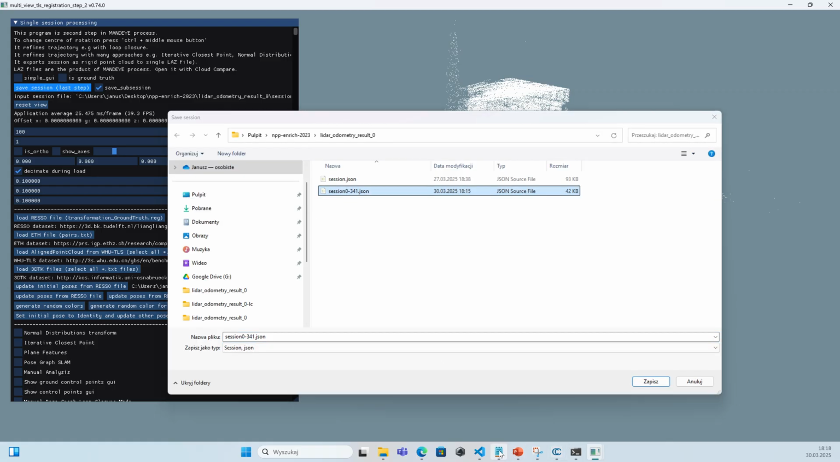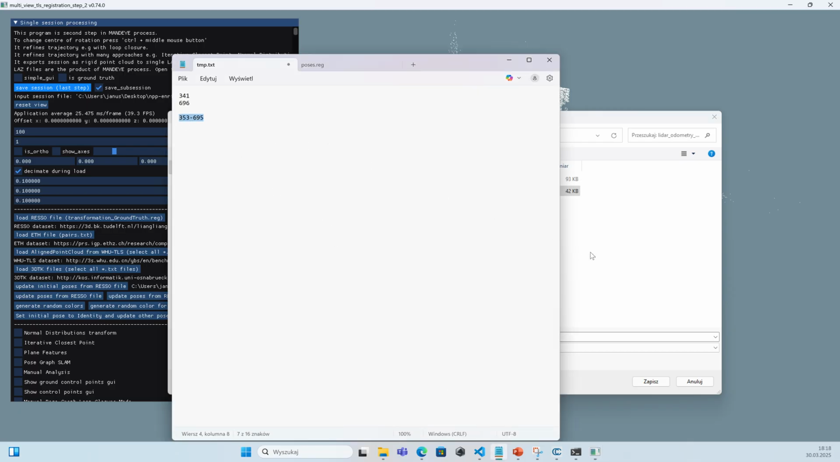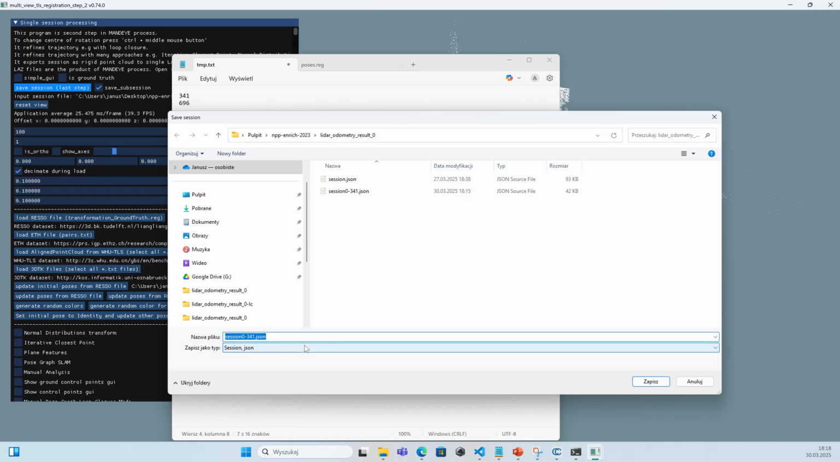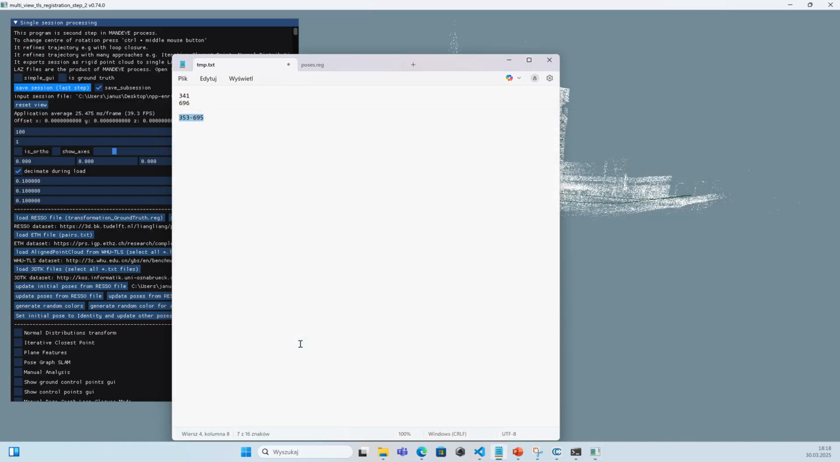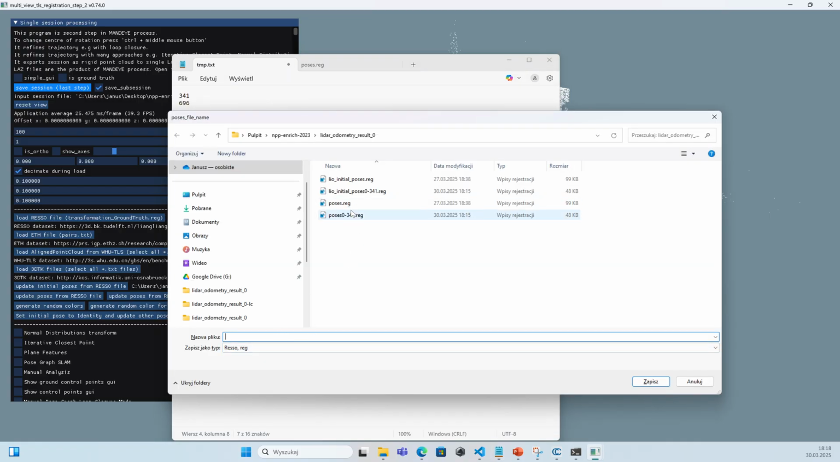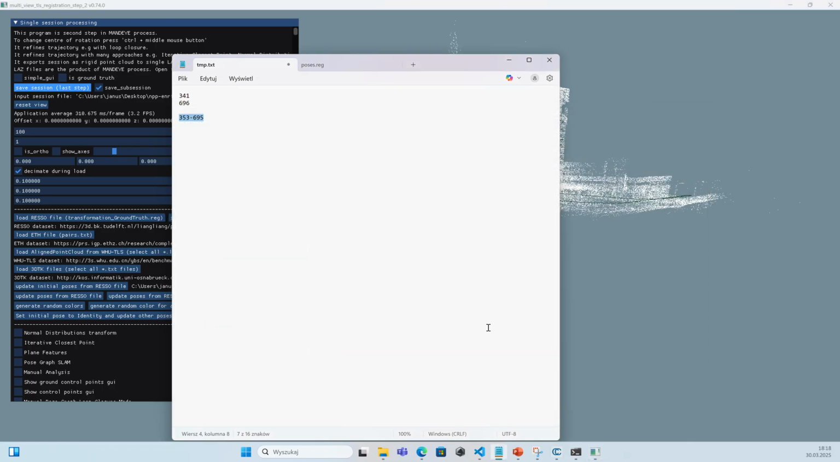So our subsession will be this name. So we just name it. Something wrong. Okay, this one. Initial poses also we will change, and poses we also change. Okay, so we have this subsession, and the last one will be from 695